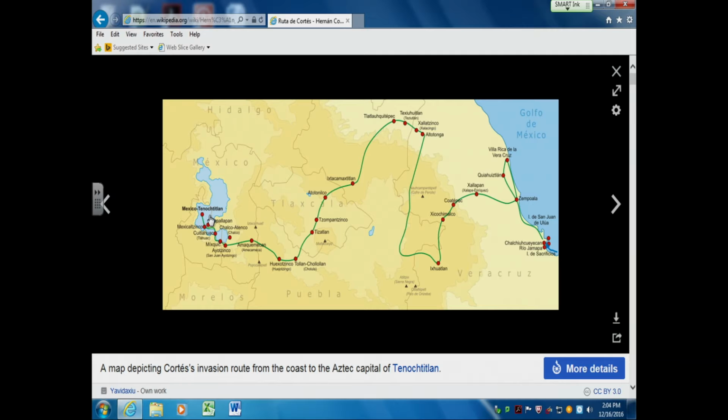But Cortez finally finds his way to Tenochtitlan, and they are stunned. It's one of the largest cities in the world. Montezuma certainly was among the wealthiest people in the world, might have been the wealthiest person in the world, with the gold and silver that he had acquired. And Cortez is there. He's welcome in the palace. And then as he's moved into the palace, he and his soldiers basically put Montezuma under house arrest.